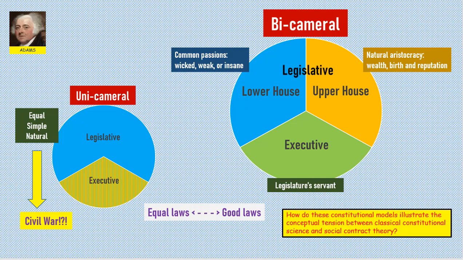Now, Adams is very much locked in a kind of Aristotelian framework. When he tries to think of what component parts could be pulled apart from the unicameral model, how we could divide this thing so we'll have units to check and balance against each other, he's drawn back to the few versus the many, and he rejects the principle of equality. He advocates for the principle of natural inequality in order to identify this cohort called the natural aristocracy.